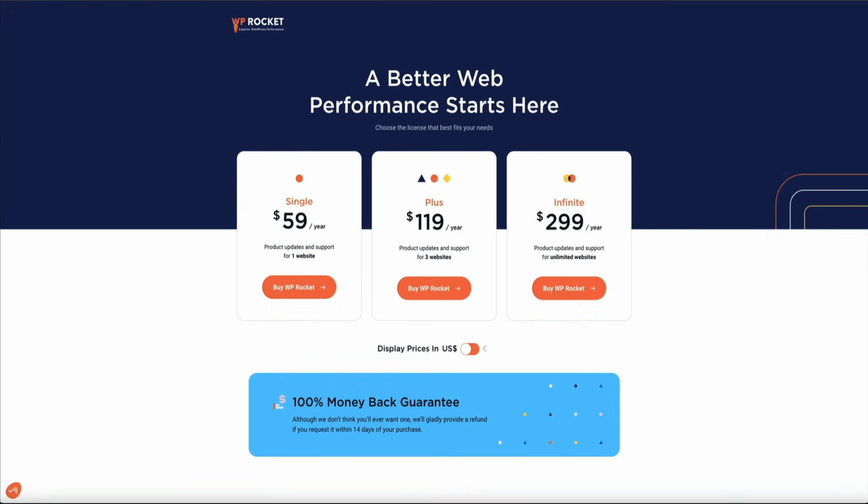In this portion of the tutorial, I want to break down WP Rocket's pricing and plans to help you choose the best option for your needs. And first things first, if you haven't done so already, head over to WP Rocket's website. You could get there by visiting